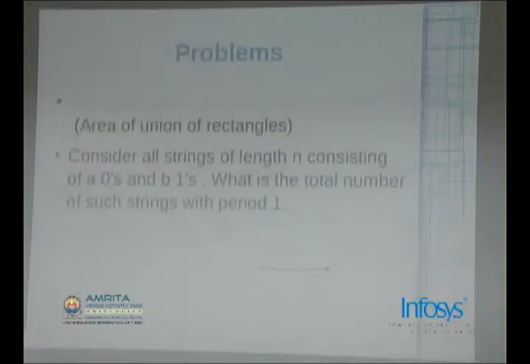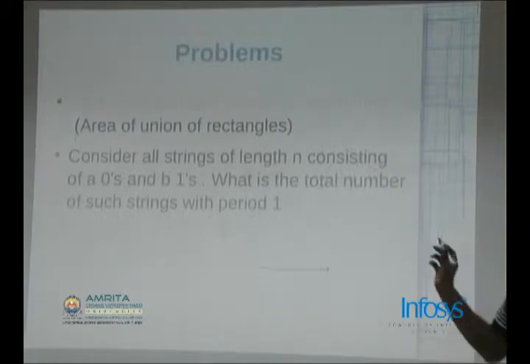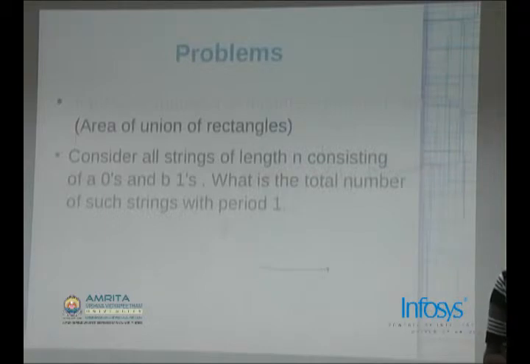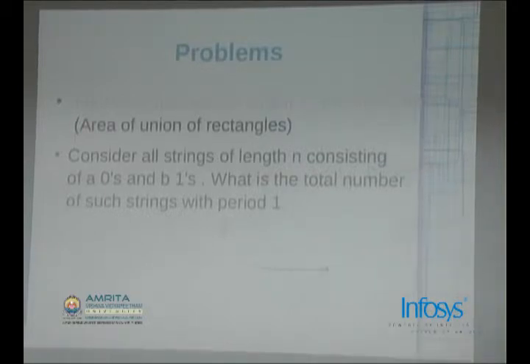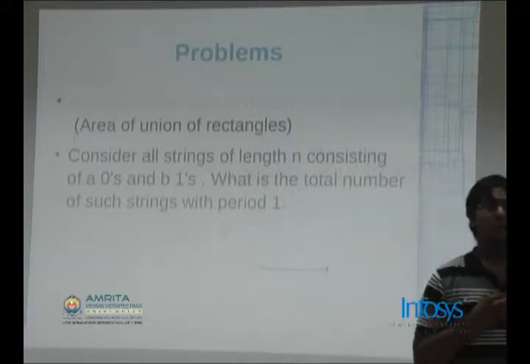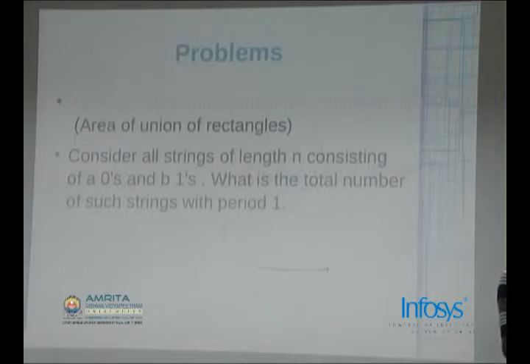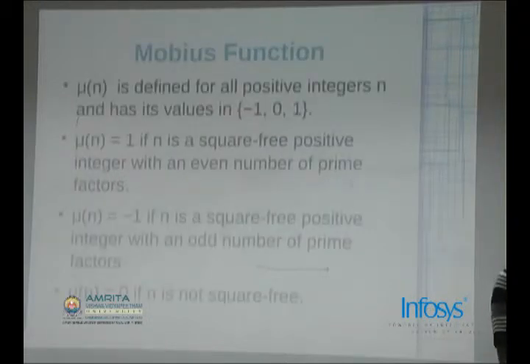So while solving this problem, we'll just calculate for each divisor the solution and multiply the Mobius function with that and do the summation to solve the problem. So the Mobius function is defined to be 1 if the prime factorization has an even number of prime factors, such that there is no factor repeating in that. It's -1 if it's odd, and it's 0 if some prime factor repeats.